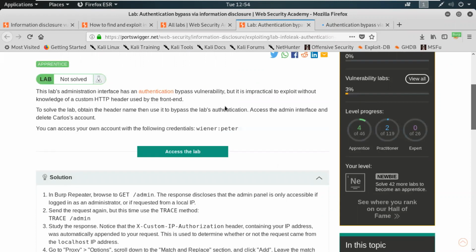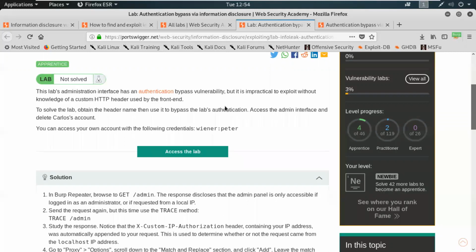Authentication bypass is broken authentication. It is impractical to exploit without knowledge of the custom HTTP header used by the front end. An HTTP header is like Host, Referer, X-Forwarded-For. To solve the lab, obtain the header name, and then use it to bypass the lab's authentication, access the admin interface, and delete Carlos's account.